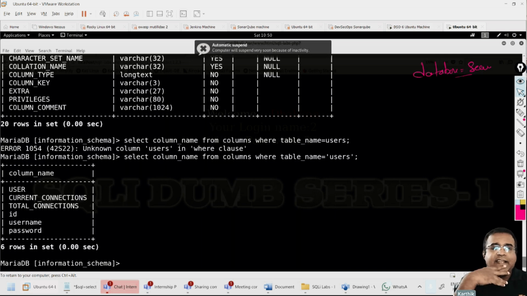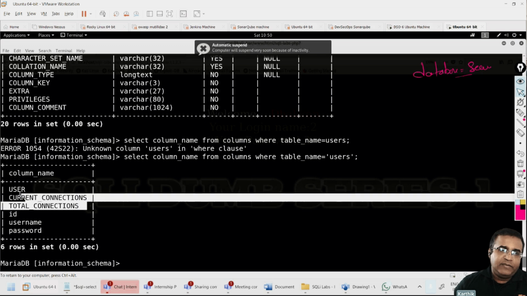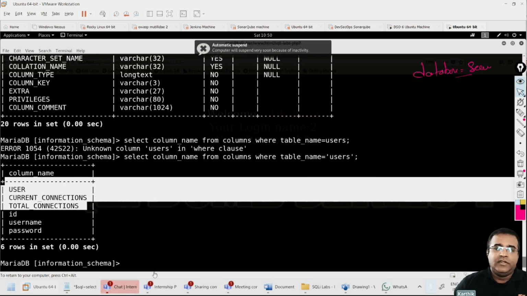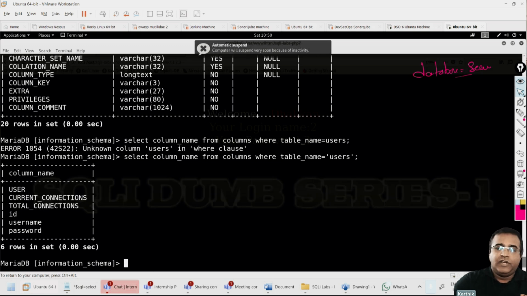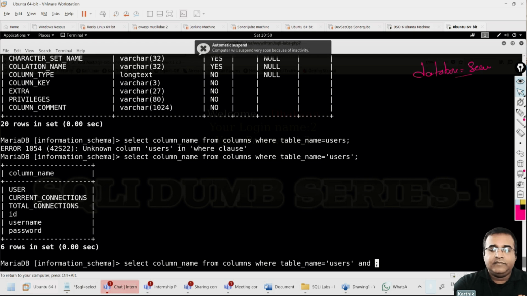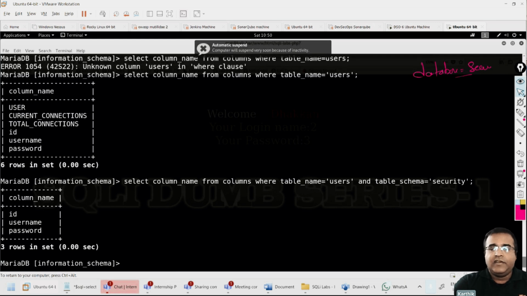So now you could see there are 6 columns out here. Unfortunately, the first 3 belong to some other table, right? So I will need to put one more part. I'm going to put one more condition out here, table underscore schema equals security. And now if you see, the 3 columns that belong to the users table are getting displayed out here.